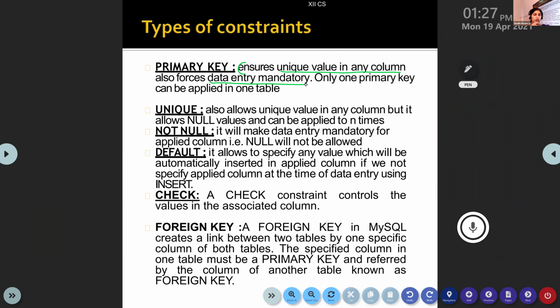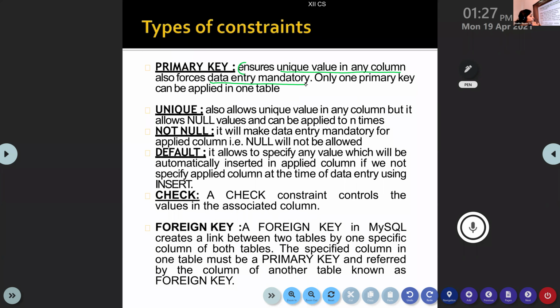So primary key constraint means if you give a particular column as primary key, actually two conditions will be applied automatically. The first condition is we can't enter any empty value. We can't skip that particular column. Second condition is that whatever value you are providing should be unique. No duplication.